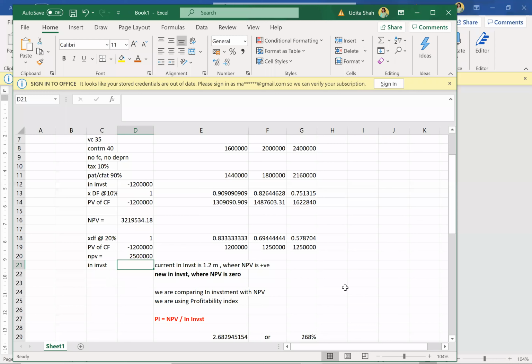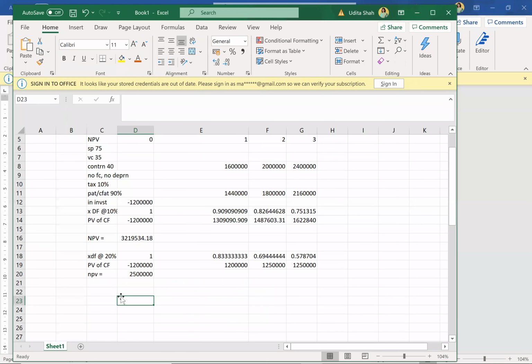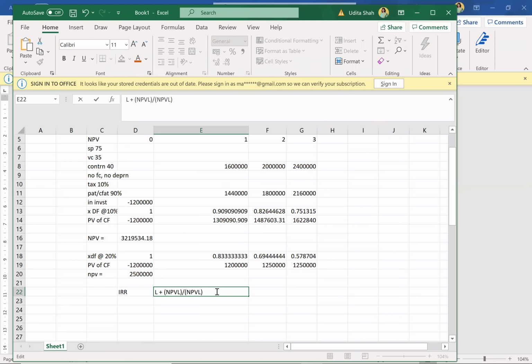So now we can calculate IRR. I have NPV with the lower rate of 10%. I also have NPV with the higher rate of 20%. Put in your IRR formula. So IRR equal to what? Lower rate plus NPV of lower divided by NPV of lower minus NPV of higher, correct? And the whole thing into higher minus lower,